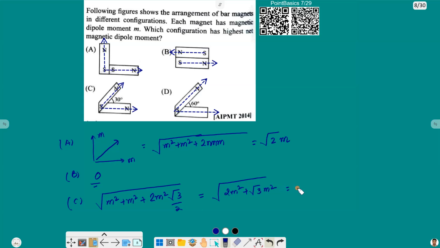So that will be m outside with 2 plus root 3. And coming to option D, they have angle 60 degree between them. So it will be m square plus m square plus 2m square,